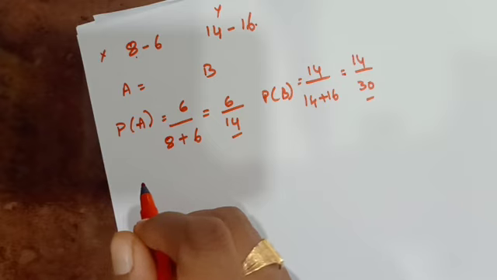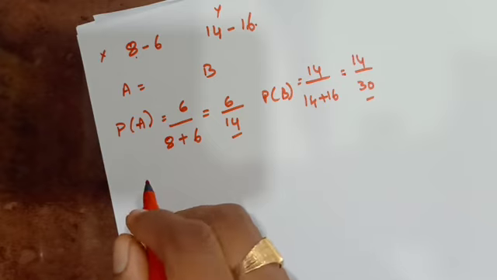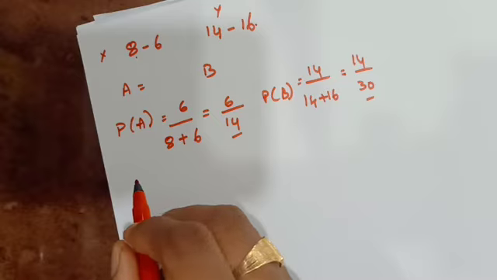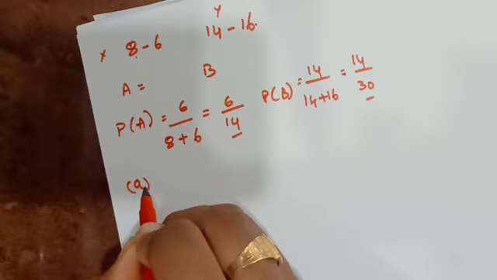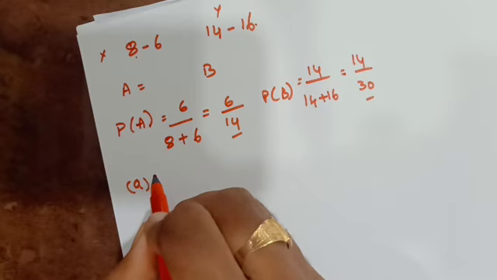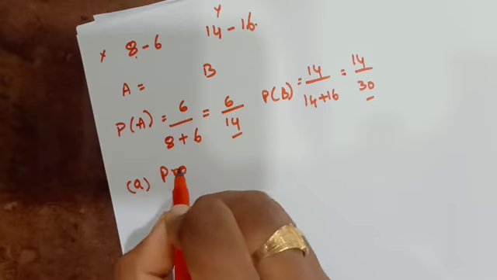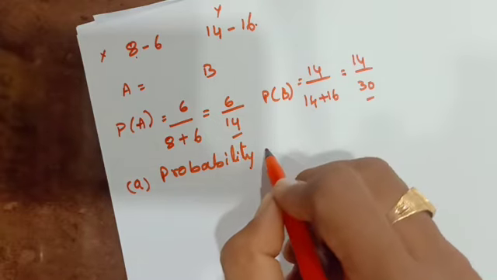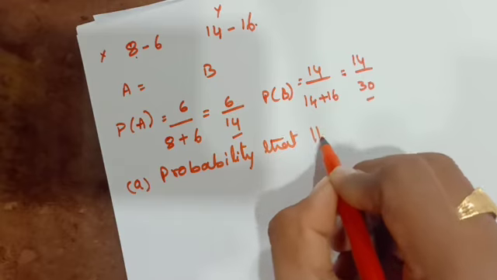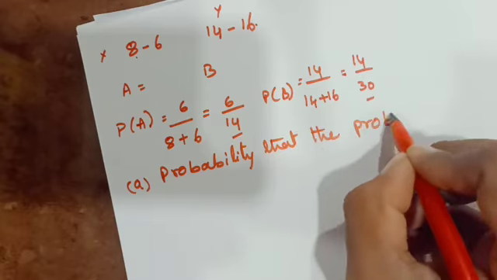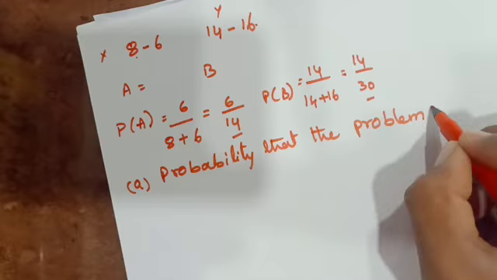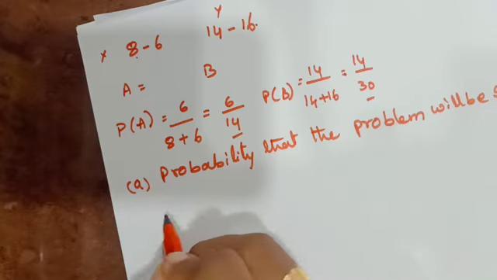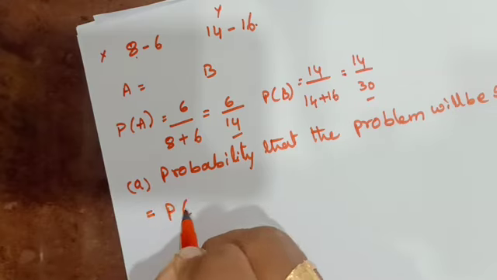Independently, students X and Y. As we have two problems within the problem, the probability that the problem will be solved is equal to P